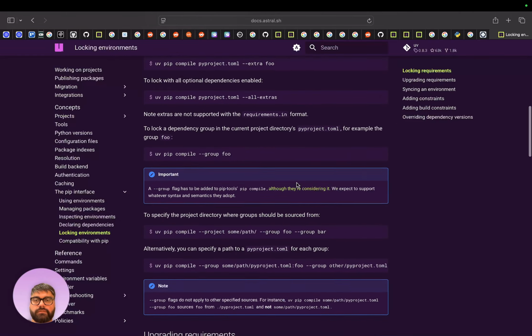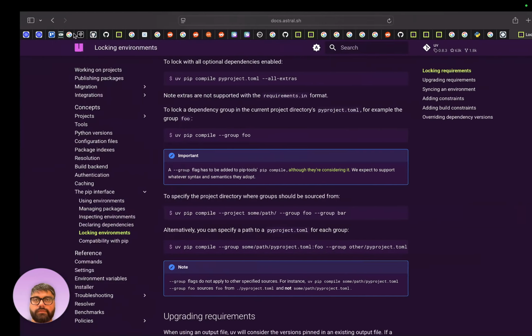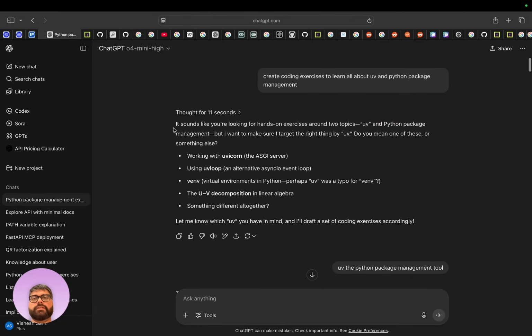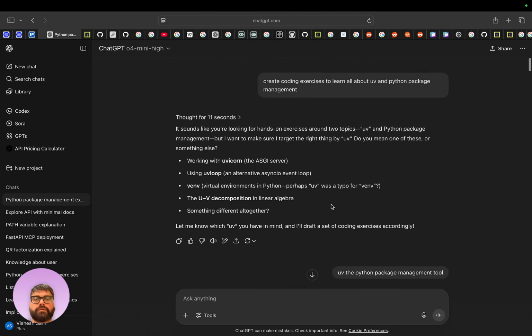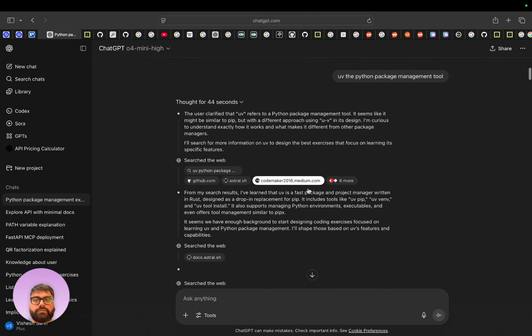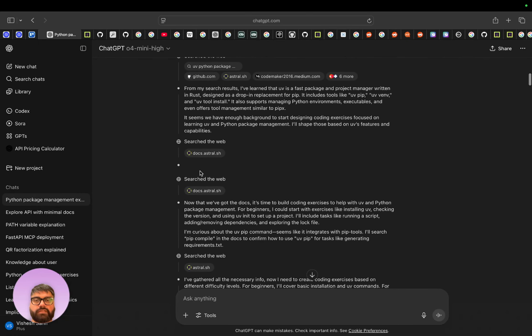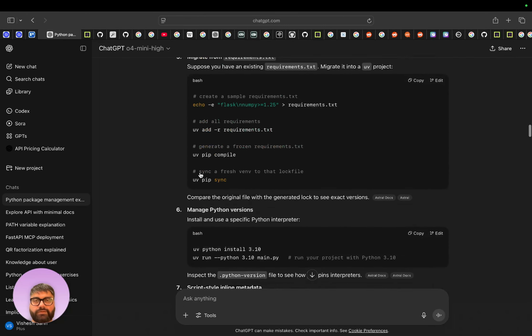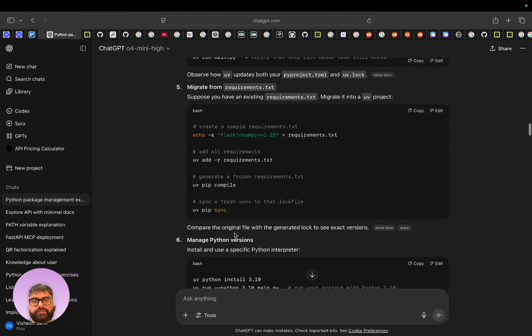Project compile. Okay, so ChatGPT steered us wrong, which makes sense actually, because when I did the search, initially it didn't even know what I was talking about, and then it went on for 44 seconds doing a ton of Googling. So it makes sense that this just messed it up.